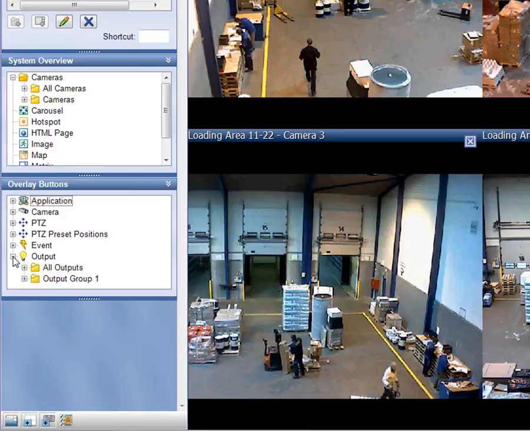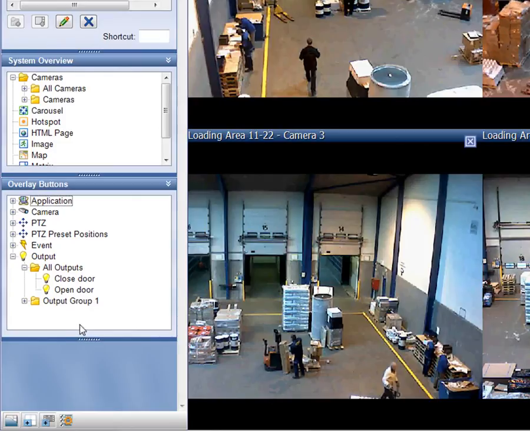Just as with cameras, you can add overlay buttons to a view through a simple drag-and-drop operation. Let's add an output operation where we can open a door through a click on an overlay button in one of the camera views. You can place the button anywhere in the camera position and resize it, as well as edit the button text. The application has an intelligent grid function that helps you place the buttons in a tidy